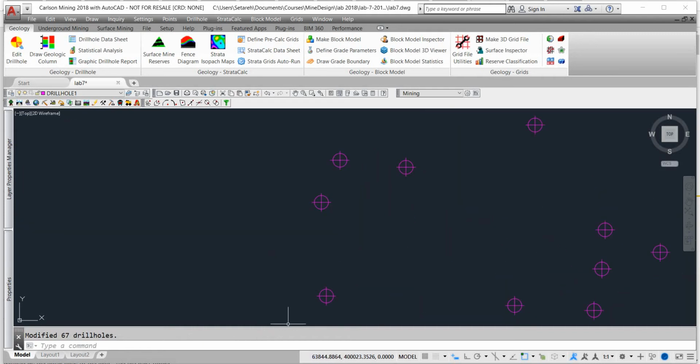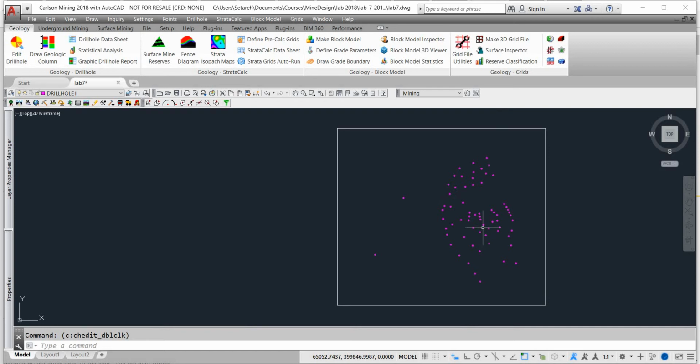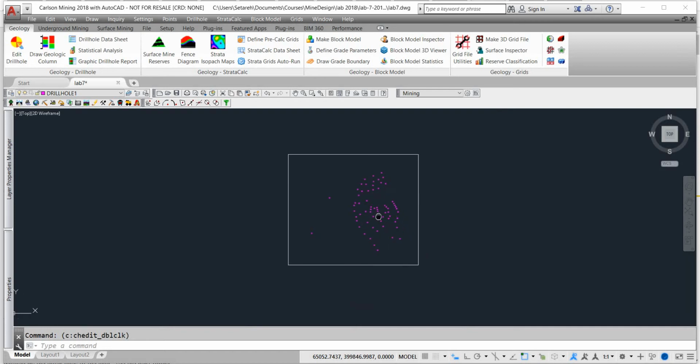So right now if I zoom in and randomly click on one of the drill holes, you can see that LMS is checked as key. So it is set for all of the data. So now that we have this, next step is to have